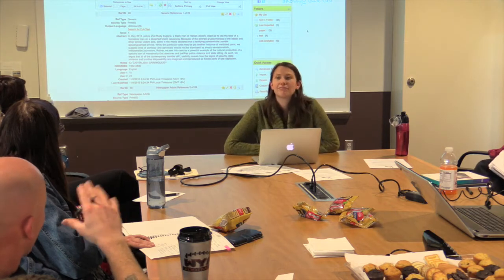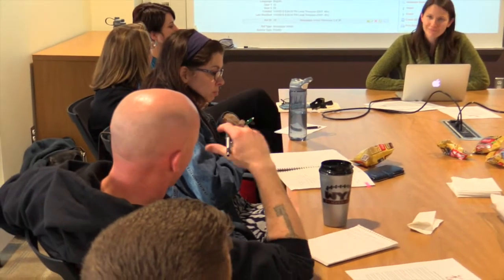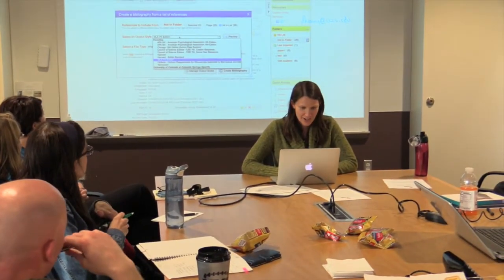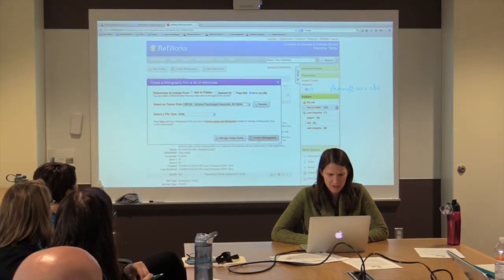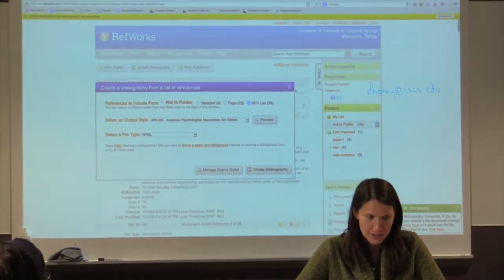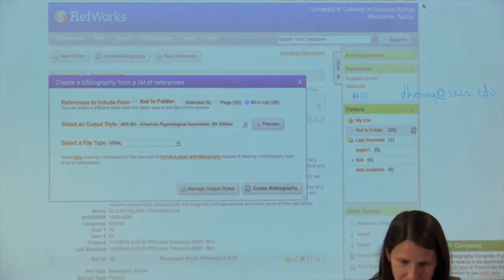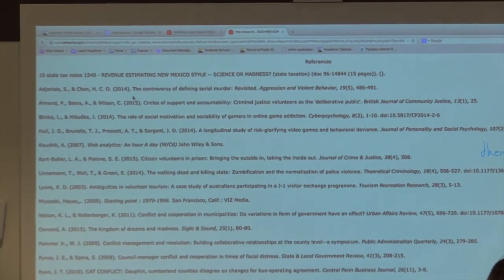Now, I've been using Microsoft Word, the newest edition, where it has the whole APA format and the citing and help. Is this kind of similar to that? Very much so. So you can do whatever citation style you want. I'll do APA 6. I'll just do HTML because we're going to make it really fast on the fly. That'll be good for all the times I use this. So it kind of formatted it for you. Now, is it perfect? No, absolutely not. But it's a great start.